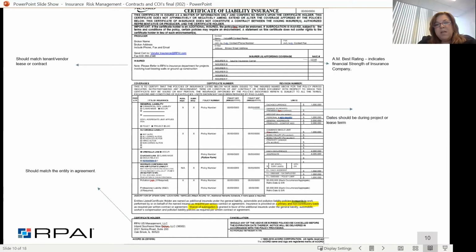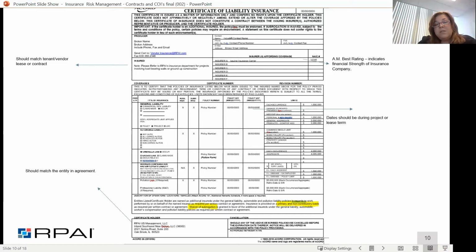When we're looking at this, I see who the broker is that this insured is working for, and to the right of there is all their contact information. We store that in our insurance and risk management platform, where we record and monitor our certificates of insurance, so that I know who to contact if there are any questions, if there's something wrong with the certificate, or if it's going to be expiring, and we'll reach out to ask for a corrected certificate.